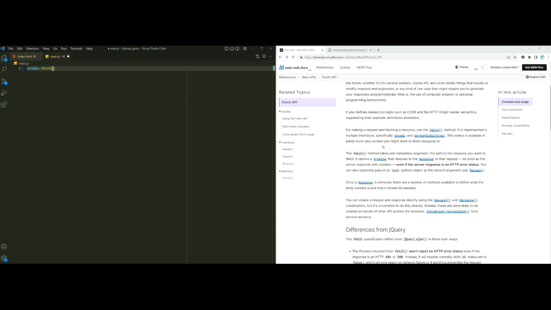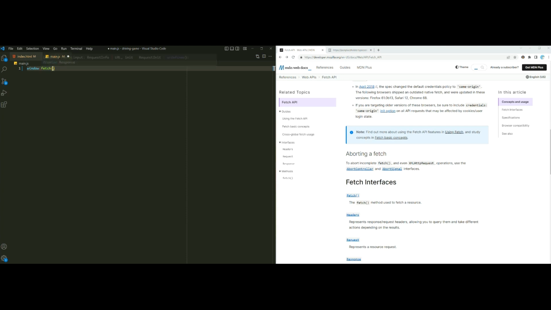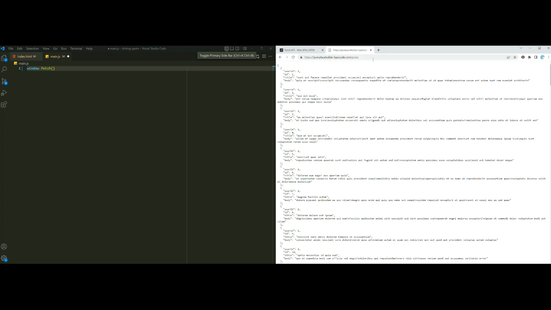Fetch actually takes in two arguments. First is the link to the server that you want to send the request to. And second is what's called an options request object, which we will look at later. Okay? So right now we're only going to look at Fetch's first argument. So right here, I'm going to copy this link, and